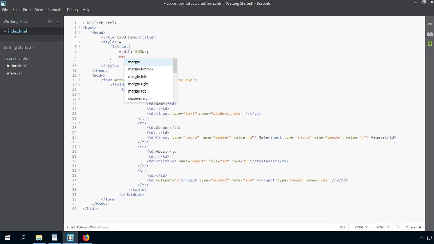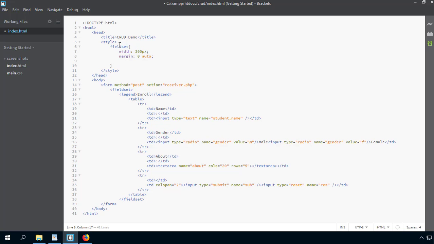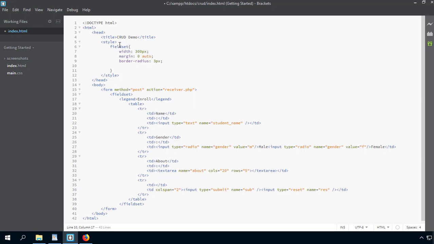So margin should be 0 auto, and also let's give it a border radius of 3 pixel, and give a box shadow